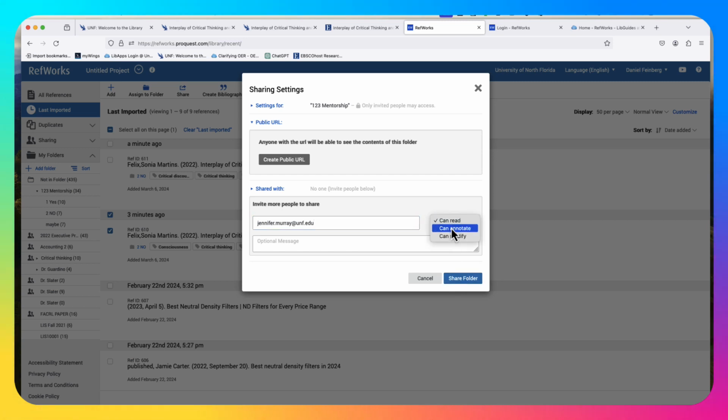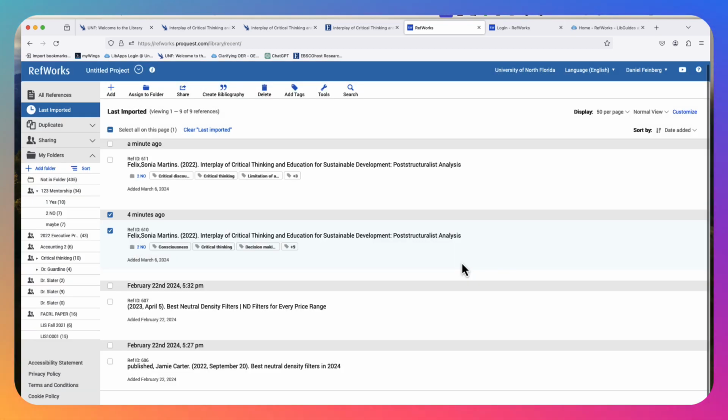If you put it as can annotate, they can make comments. If they put it as can modify, they can edit, which means they can delete or erase those items. And hit share folder and done. And then you will see the people who will show up next to that folder.